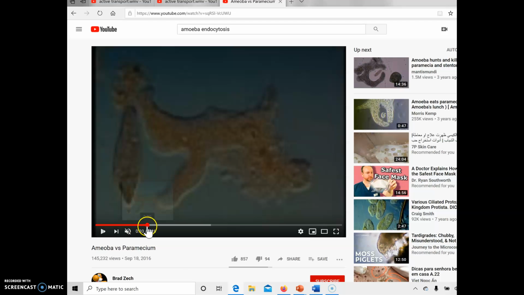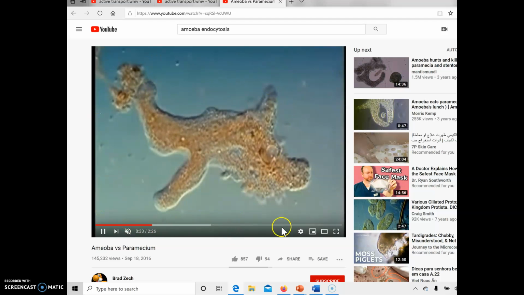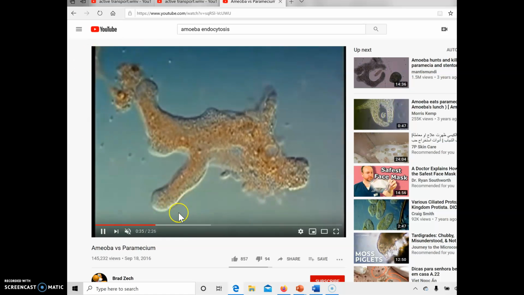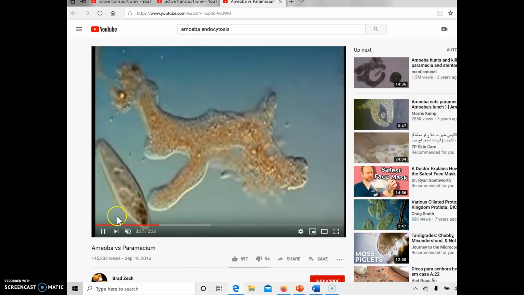Phagocytosing, basically, here is your amoeba. And what's going to happen is this little guy is a paramecium, and the